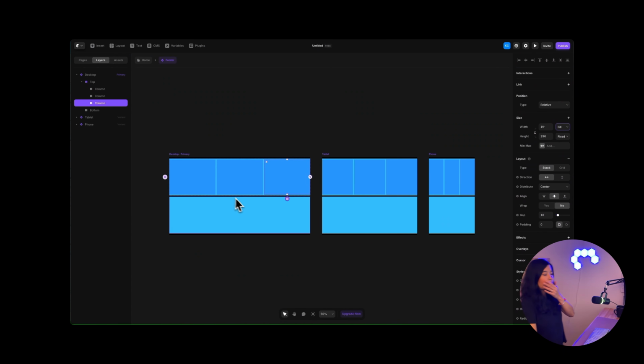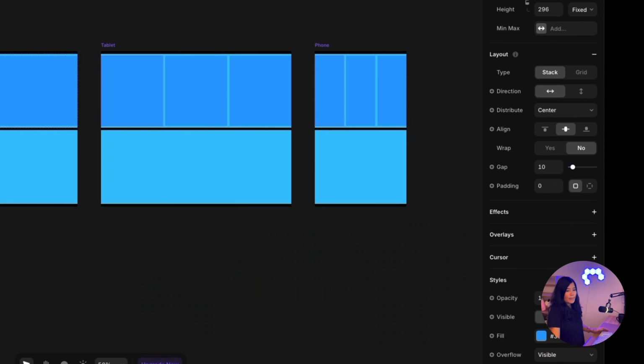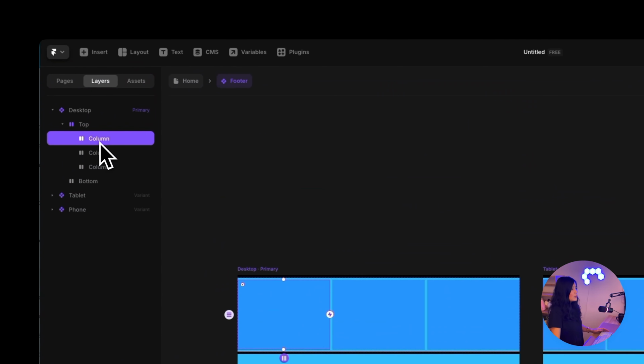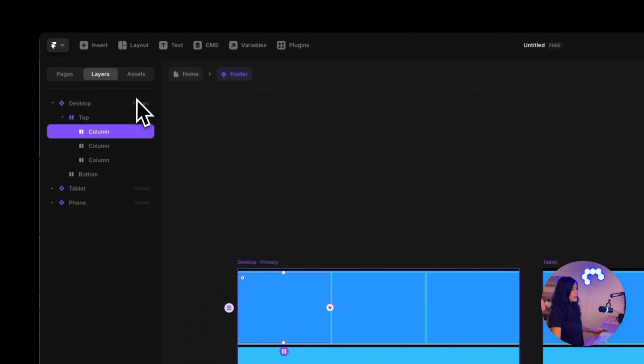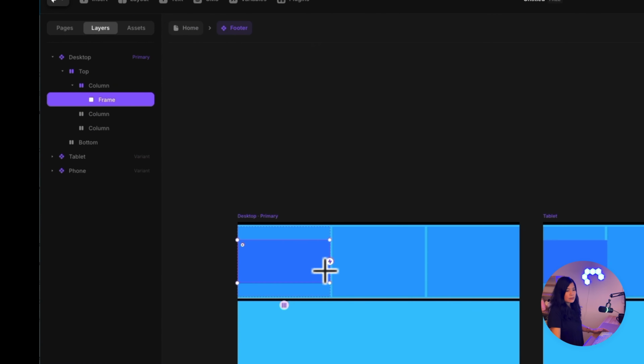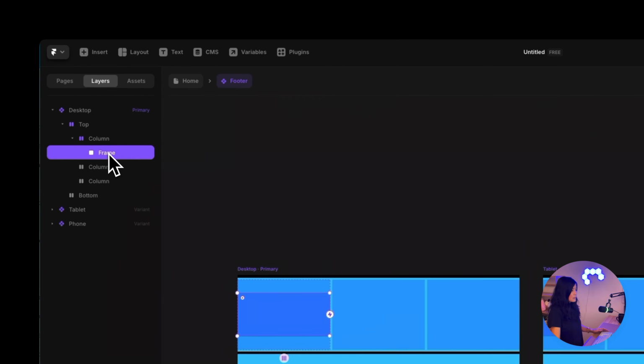Now you can see that we have 3 columns inside. For the first one we have email and schedule a call. So we go to the first column here, and for the email we will have another frame. Layout, frame, drag it, and call it